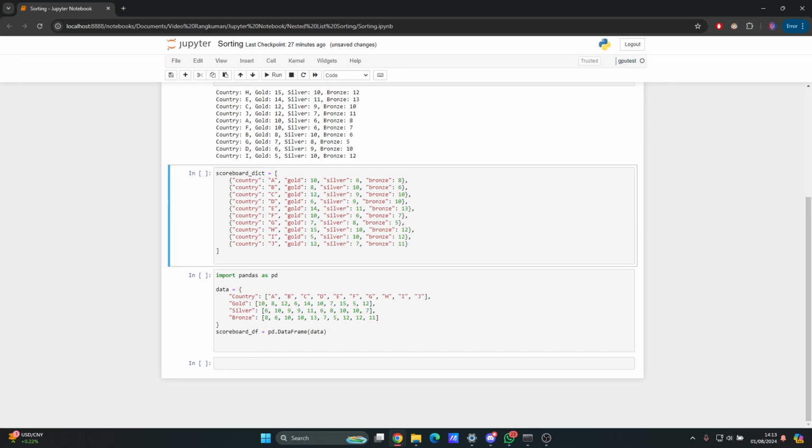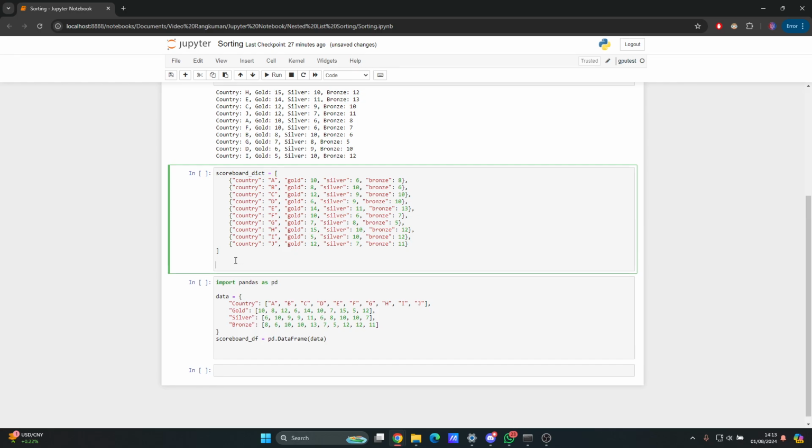Okay. Next is the scoreboard in dictionaries, right? So how do we do this? Well, let's use the sorted function again. So I'm going to create a new list, sorted scoreboard, and then we use the sorted function. So scoreboard. Then we type key lambda, and then the difference is that